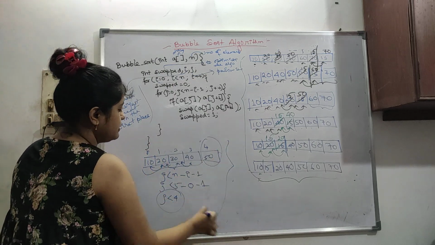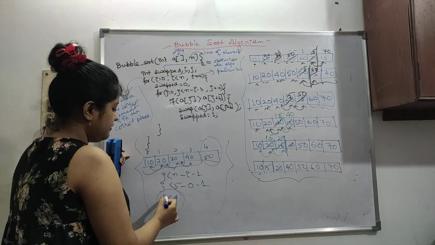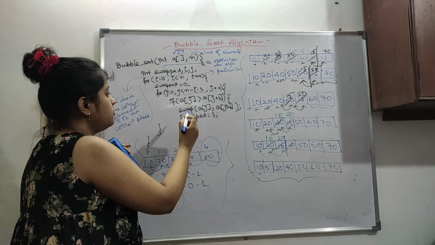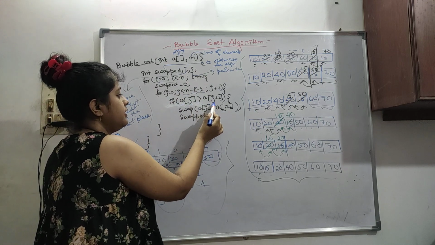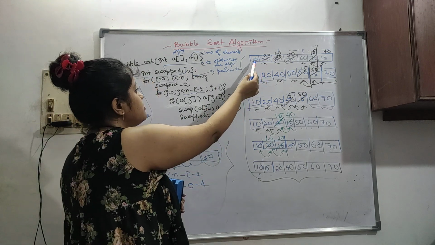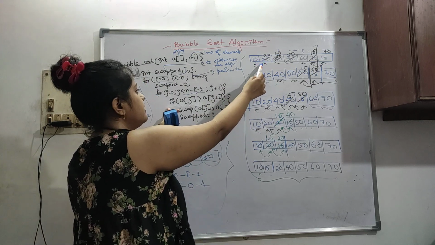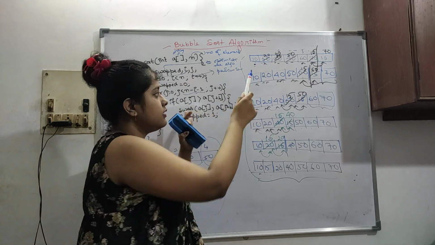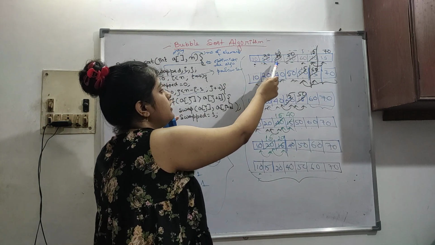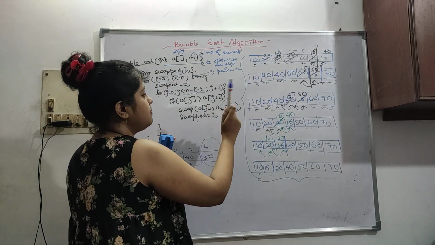So this is basically our second for loop. Okay, so if j is less than 4, how it is calculated I have shown you. Now if A[j] is greater than A[j+1], we are swapping these two elements. So here you have seen 10 and 50. If 10 was greater than 50, then we would swap. But let's say this 50 and 20: 50 is greater than 20, so now we are swapping like this. A[j] and A[j+1] are swapped.